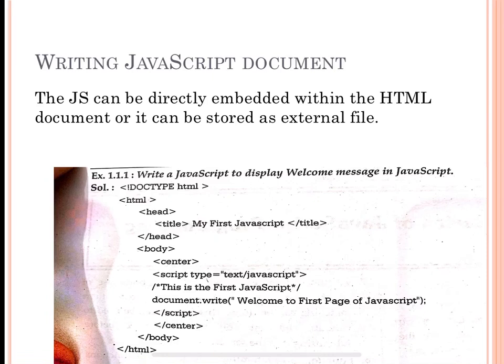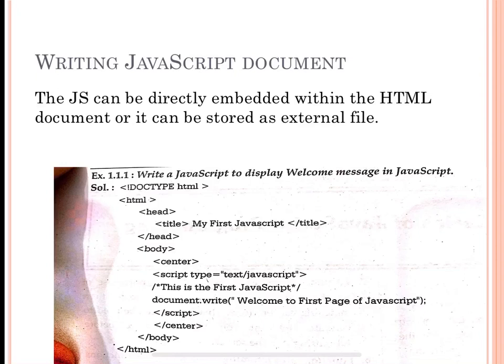Okay, so let us see the first JavaScript code. If you want to display a certain message on your browser, any kind of message, how are we going to write the code? So let us see this. The structure is the same as that of an HTML document. Only one tag, that is the script tag, is added over here, and inside the script tag we are going to write our main JavaScript code. So let us see step by step.